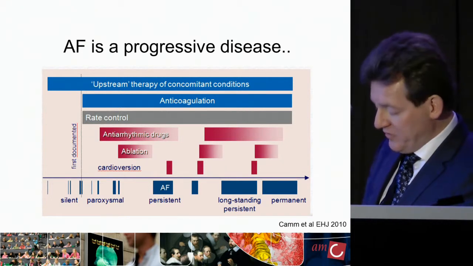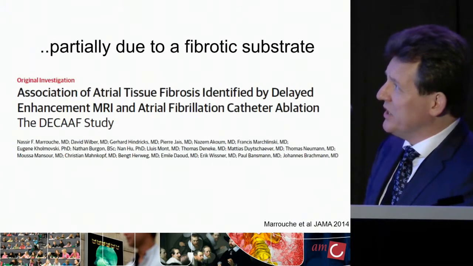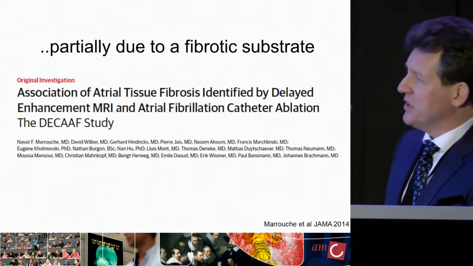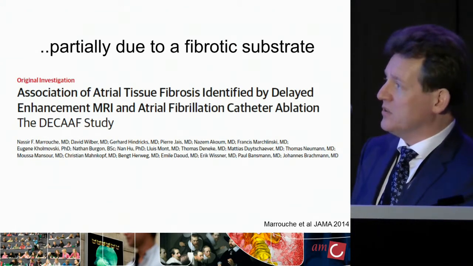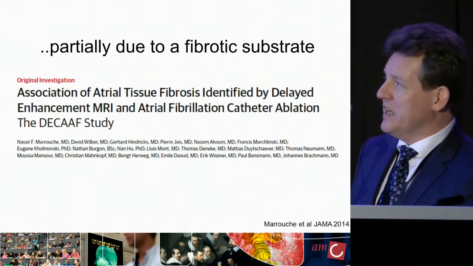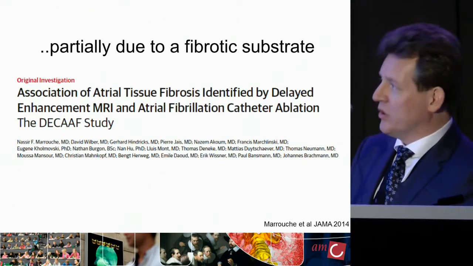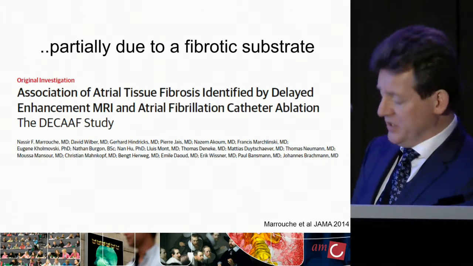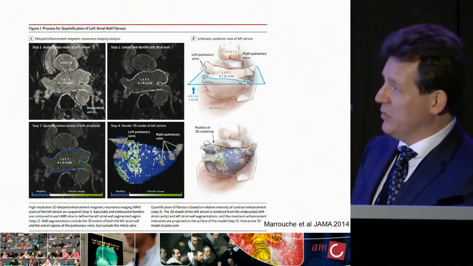And it's a progressive disease because partially it's due to the fibrotic substrate, and the work of Maastricht, to which I want to pay some attention, has been mentioned before, because it's very interesting and it has very appealing issues in it, and I wonder why we're not using it at all, and I try to answer that. And last year the DCAF study was published, in which they